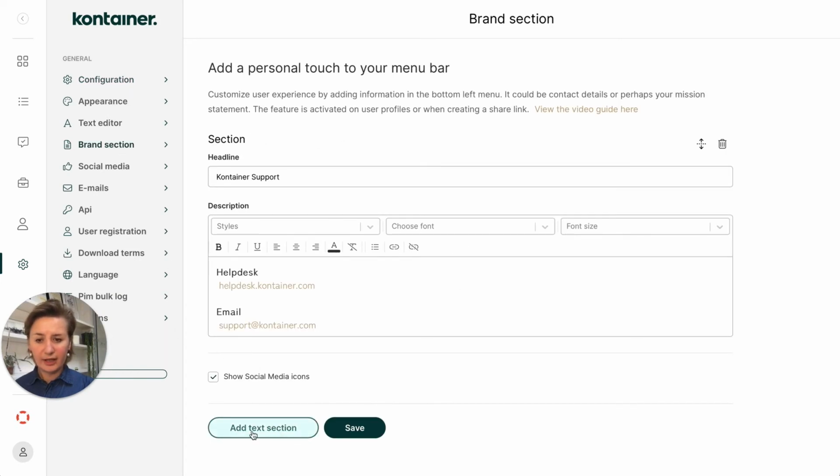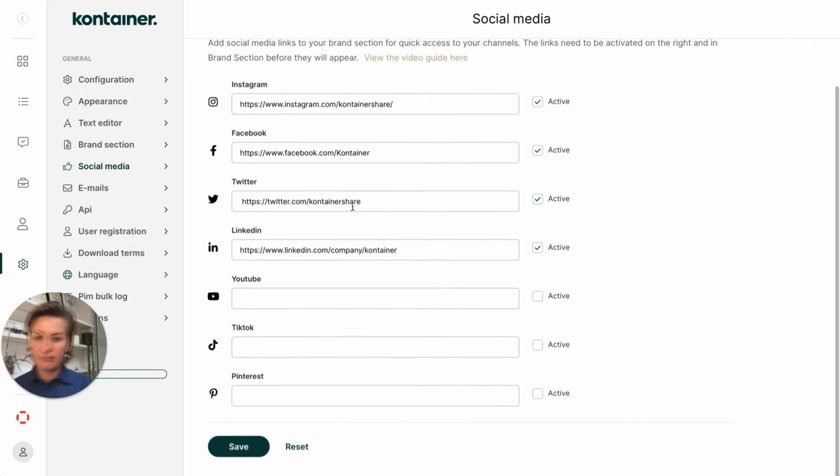Now here you can add as many sections as you want and design them with colors, different fonts, whatever you need. You could have contact details, or you could have a branded message that suits your brand. You can also show social media icons, and those have to be set in here. Once all of this is set up, you then need to make sure that it gets activated on the users.